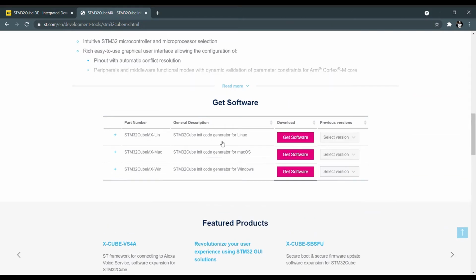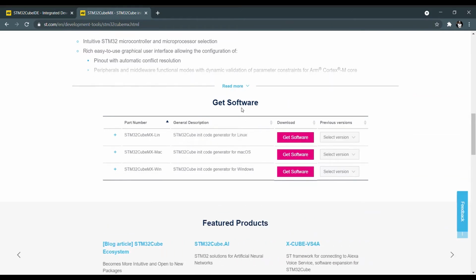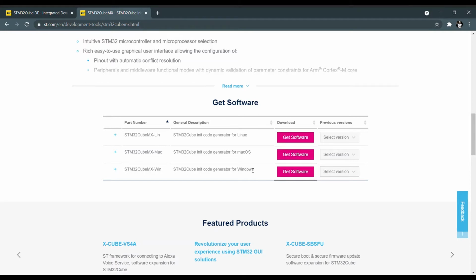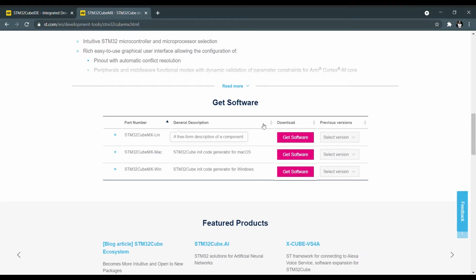Right now you are seeing the Get software. Below that, the first link is for Linux, the second one is for Mac, and the third one is for Windows OS. After clicking Get software, it will be automatically downloaded.